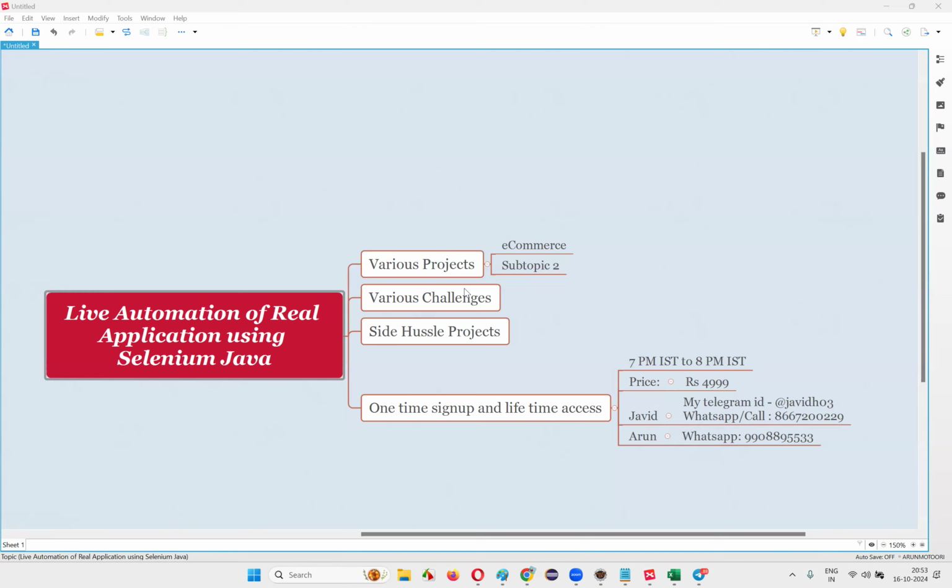Teaching will not be provided. Training will not be provided here. It's all about the implementation part, how things happen in real time, how much knowledge you should have for getting a job, and proving to you that you have already worked on a project somewhere else. That is the intention.